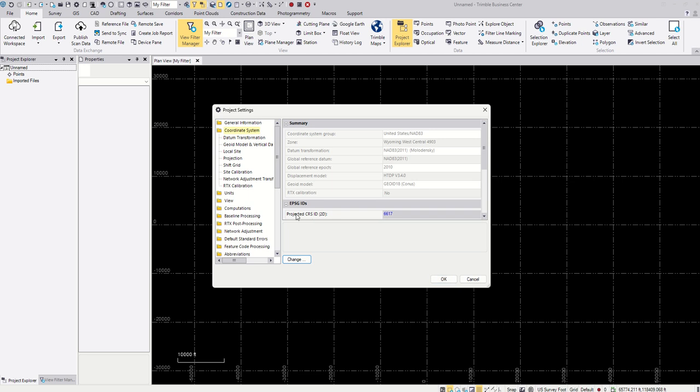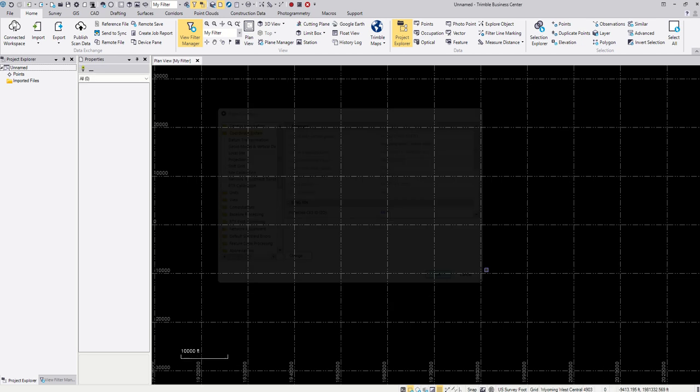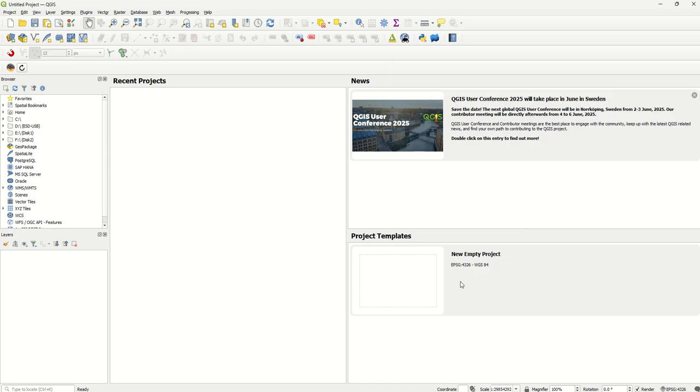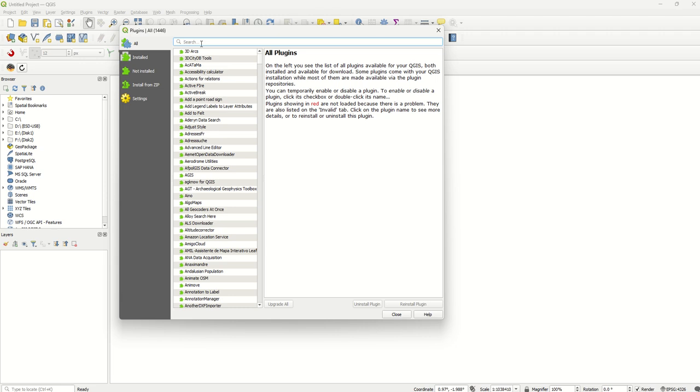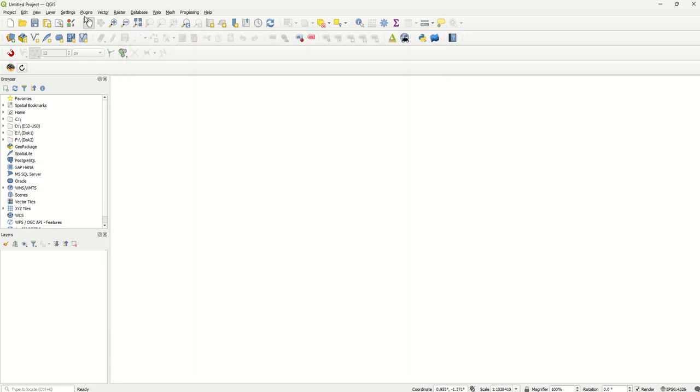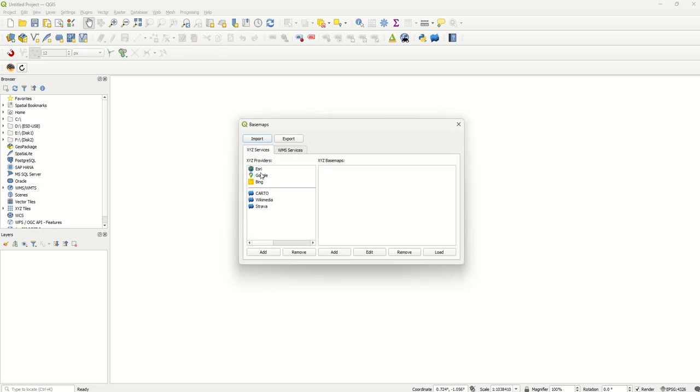And so what I can do is assign my projection in Trimble Business Center and then bring this to QGIS. So 6617 is the projection that I need for setting up QGIS. QGIS is also awesome because it comes with a bunch of loaded plugins that you can just install, like base maps, and once it's installed you can add in your favorite Google, Esri, whatever layers. In this case,